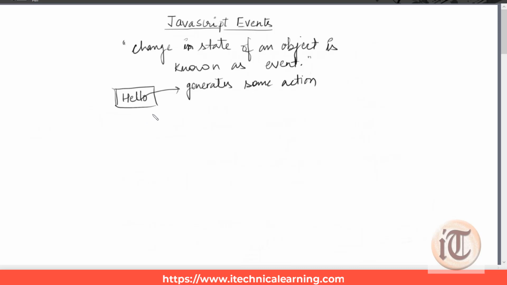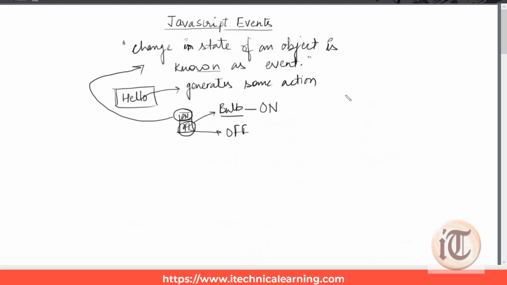Let us take a very layman example. Suppose we have a switch in the room that says on and off, and this switch is associated with a bulb. When I click the switch on, the bulb will be switched on, and when I click the off part, the bulb will be switched off. This clicking, on and off, is actually an event that causes the state change.